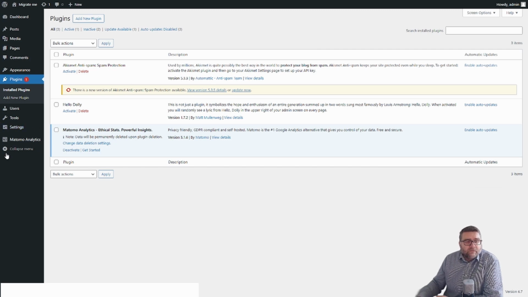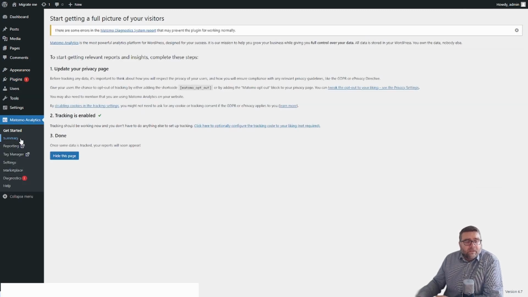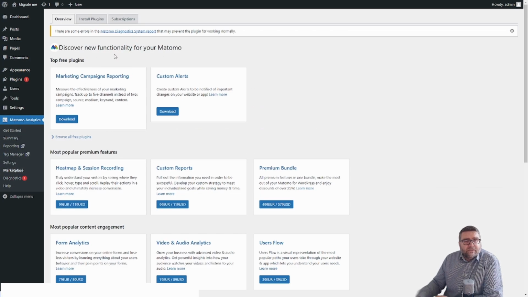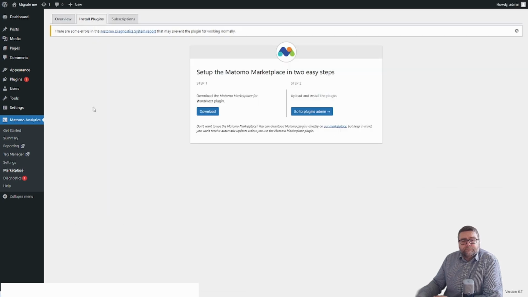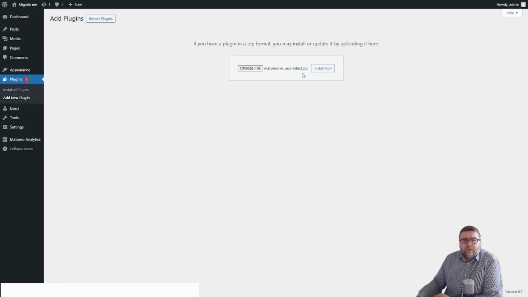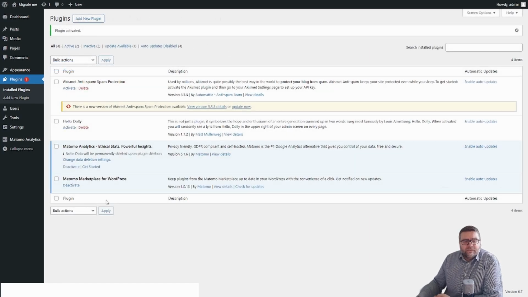To do that, we go down to the Matomo Analytics menu, choose Marketplace and install plugins. And here it'll say we need to download this other plugin first to install the plugin. So we click on download and it'll download a file, and then once we've downloaded that file we're going to go into the plugins admin and install it onto our WordPress. So I've just browsed my computer and found the file, and I'm going to click on install now. I want to activate the plugin,